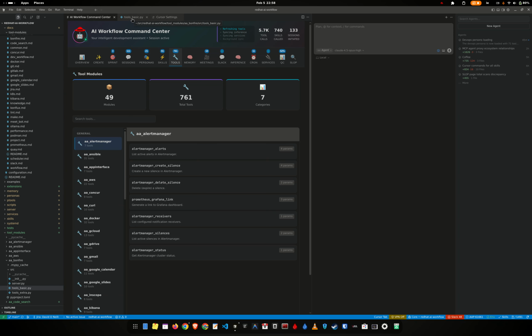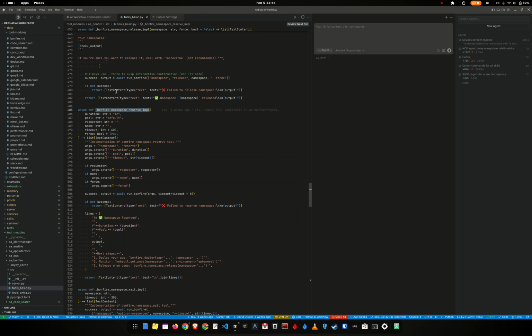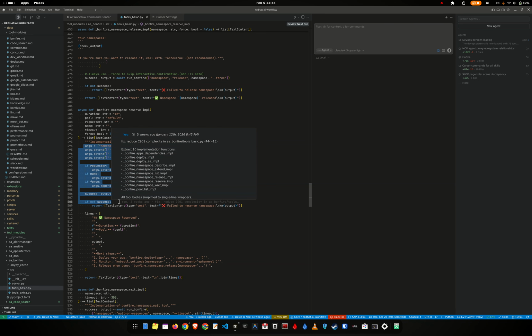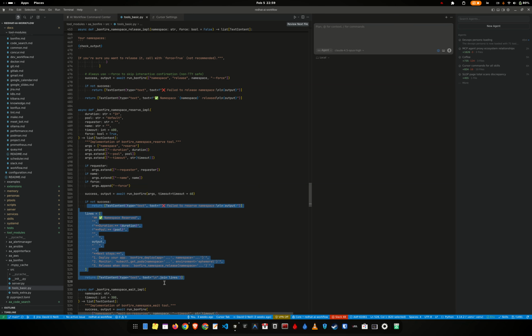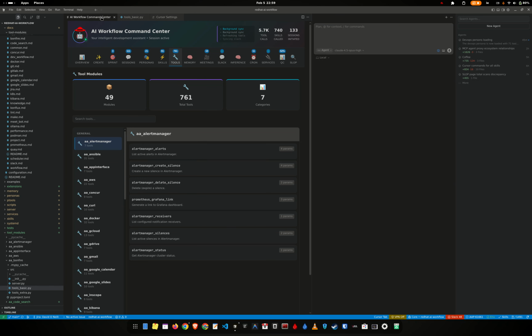The example I'm going to give here now is a tool called Bonfire. And here is an example of Bonfire reserving a namespace. You can see I have a number of constraints that are provided to the tool, and it can only execute the tool as I deem fit. So that prevents the LLM from executing the command incorrectly. I can also add additional tests here, additional firewalls as I wish to do into the tool to prevent non-deterministic outcomes.